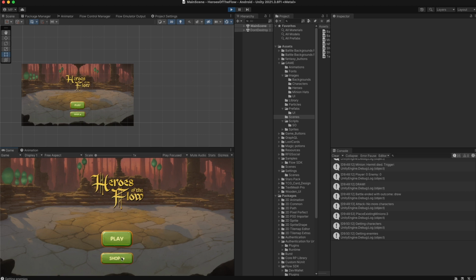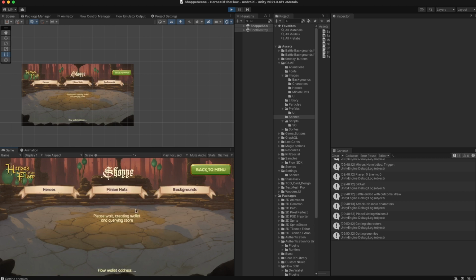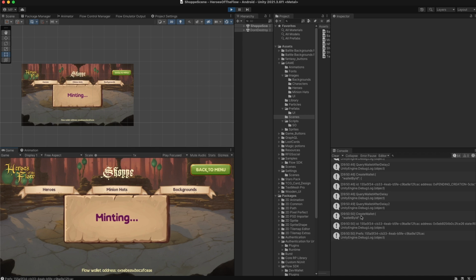And then let me just show you the shop. So when we go into the shop, it's pretty amazing, really. When you go in, it checks to see if you have a wallet. If you don't have a wallet, it creates a Flow wallet when you go in. And I've got some debug stuff here showing it going in the background, doing some long polling. I'll probably try and improve this. There'll be cleverer ways of doing this, but